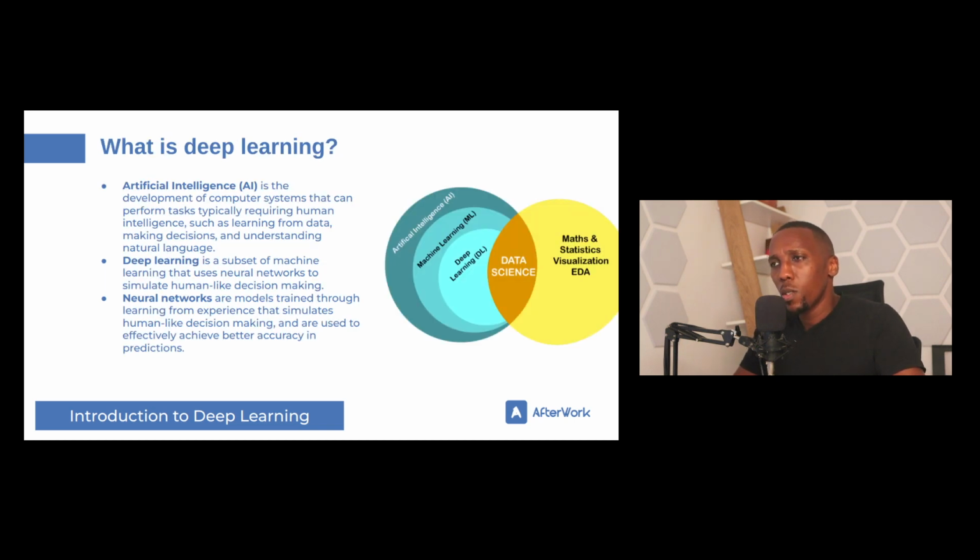What is deep learning? Deep learning is generally a subset of machine learning that uses what are called neural networks to simulate human-like decision making. When it comes to building machine learning models, which are generally computer programs that learn from data and then later are able to automatically make reasonable predictions,